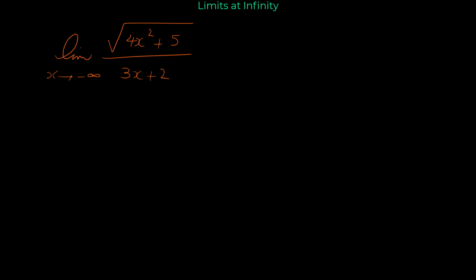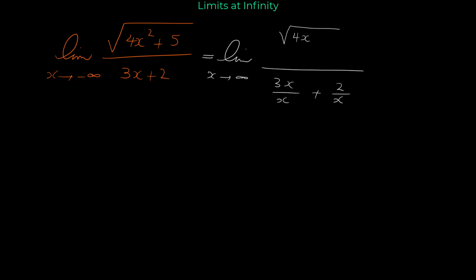We are going to divide numerator and denominator by the highest degree of the denominator as usual. So it would be the limit as x approaches negative infinity, 3x over x plus 2 over x, and in the numerator we have radical 4x to the 2 plus 5 over